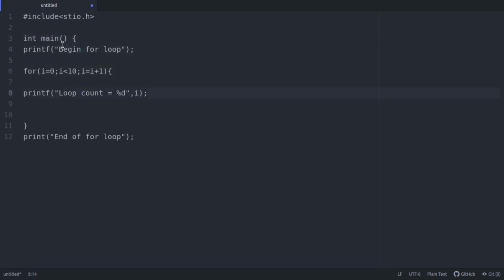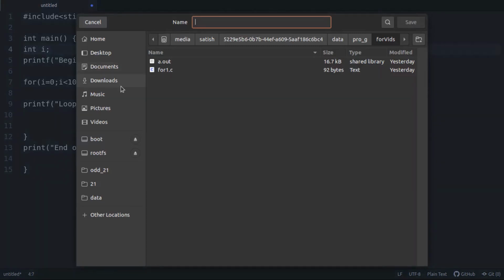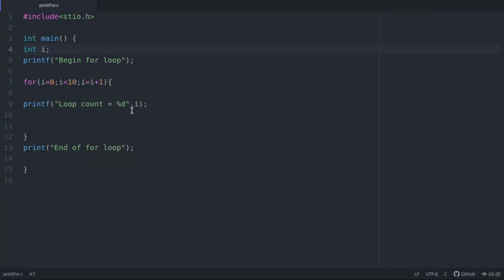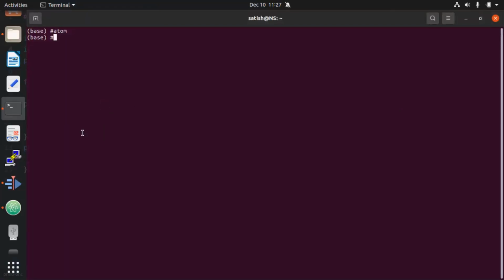All right. So we'll close our function here, and because i is a variable, I have to declare what type of variable I'm going to use, an integer variable type i. Right. So let me save this program with a specific name, let's say print_for.c. Now let me go to the folder and try compiling this code. So let me go to the specific folder where this could be present.